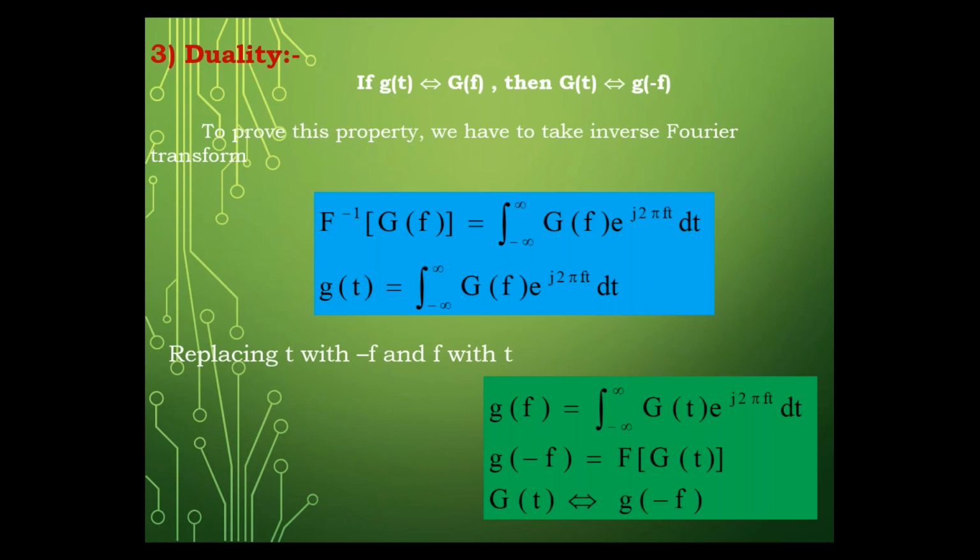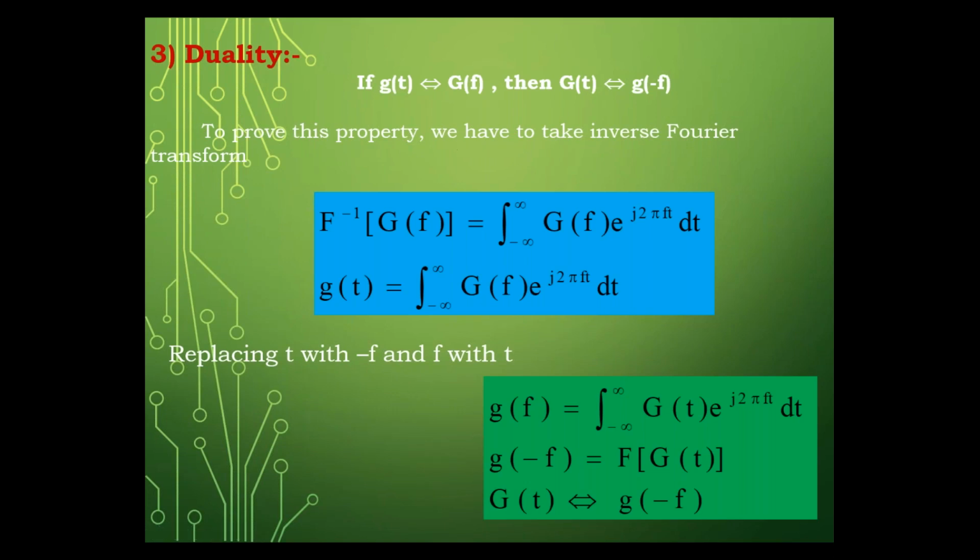Please note down this. Anyway, I am going to share this after today's class. Please try to understand. In this property, you are converting the time domain signal to frequency and the inverse Fourier transform of the frequency domain to time. But you are interchanging capital G with small g and small g with capital G. So that is how you can use this principle. The duality theorem will help us. We'll see some examples of how you can understand that.